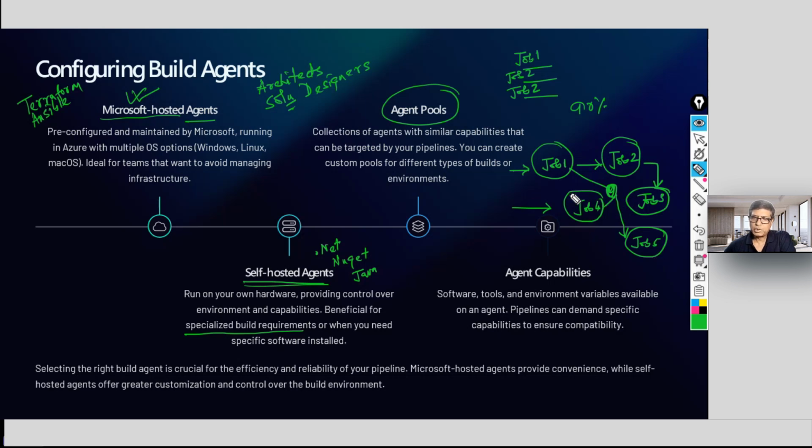So job 4 does not have any dependency on anything. Job 1 does not have any dependency on anything because they are starting points. They are parallel jobs. Whereas job 2 depends on job 1, job 3 depends on job 2, job 5 depends on job 1 and job 4 to have been completed. It does not depend on only job 1 or only job 4. It needs both job 1 and job 4 to be completed. Are you getting me? So in these cases, when you need to run parallel jobs, you need agent pools. Any questions?